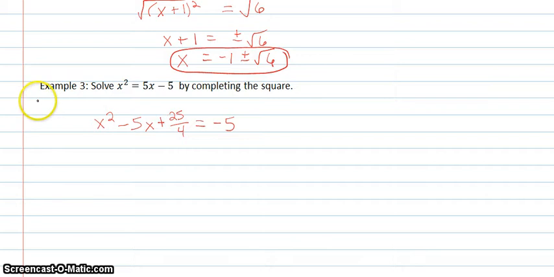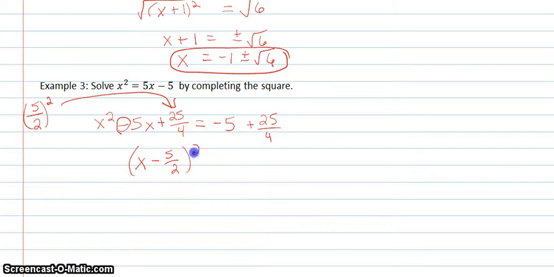So again, I took half of 5, which is 5 over 2, and then squared it, and that's how I got the 25 over 4. So I also need to add that to the other side, so plus 25 over 4. Now, on the left side, I can write that as x minus, because that's negative, 5 over 2 squared, and